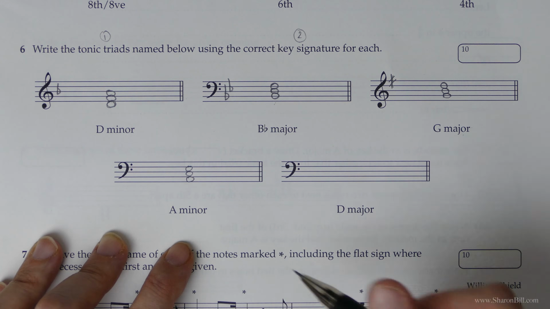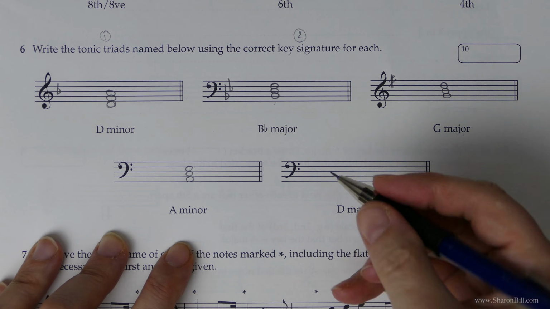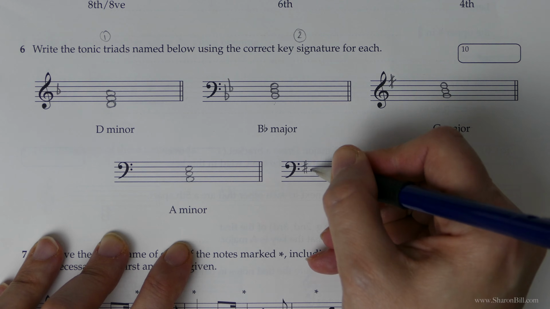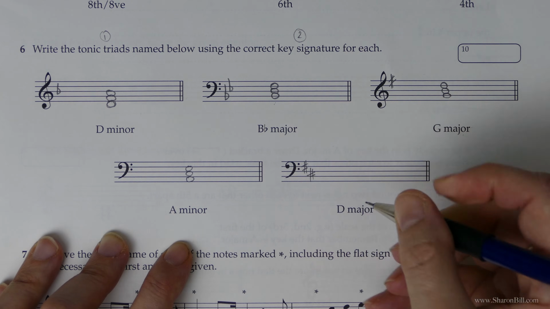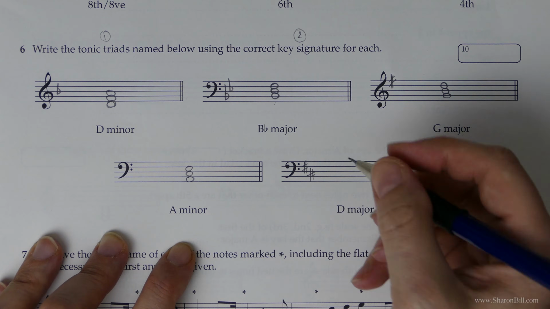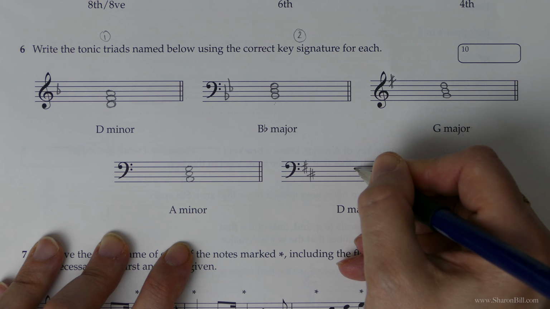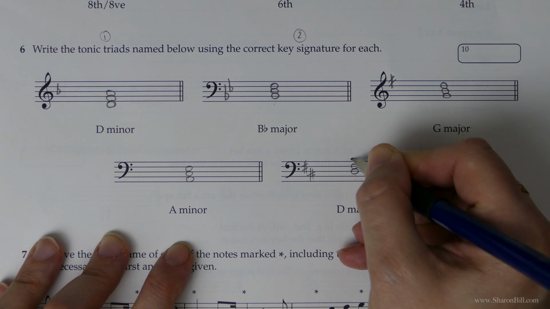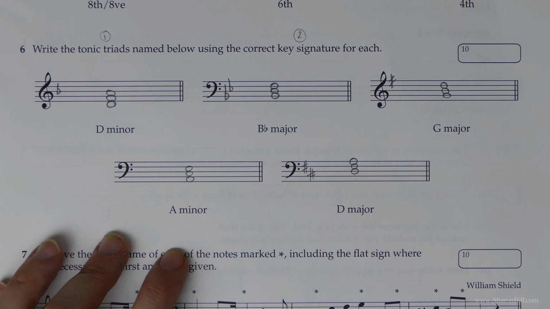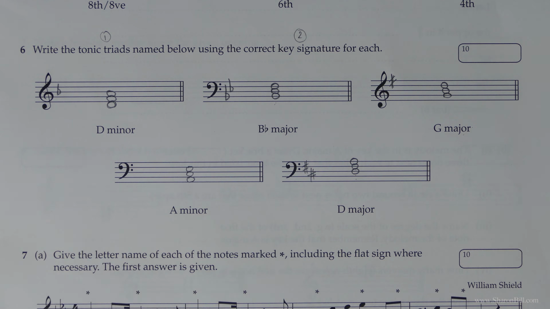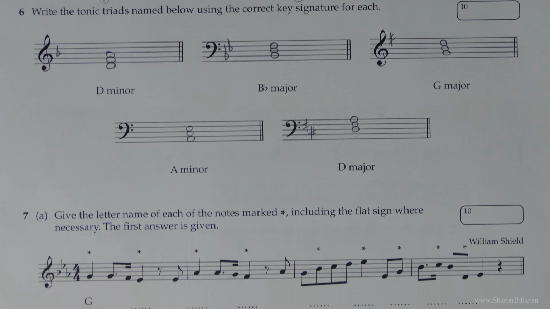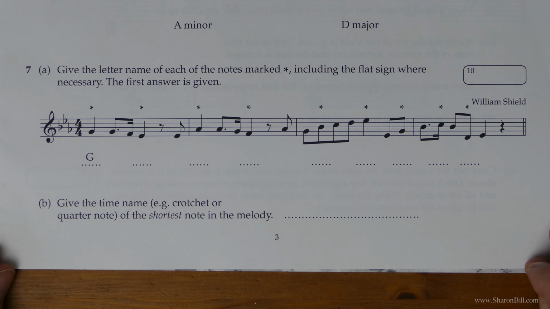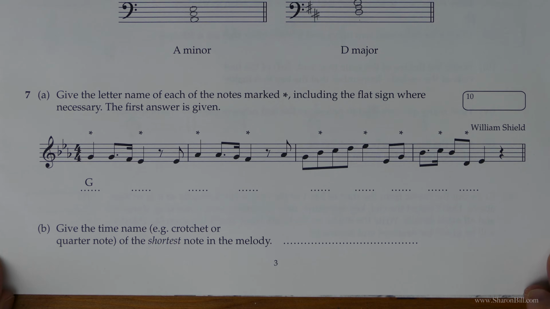There we go. Still in the bass clef, D major has two sharps, F sharp second line down, C sharp second space up. It's always positioned exactly there. And then we need a D, good boys deserve, F, A, 1, 3, 5. And that should score you 10 points there for that question. Let's press on. We're moving quickly through this. And so question 7